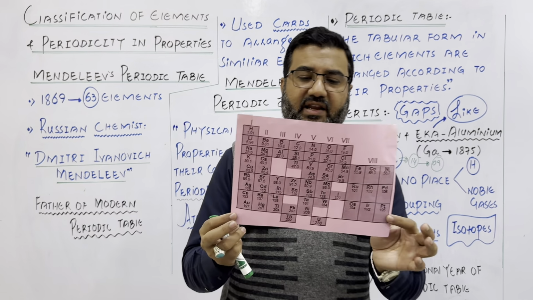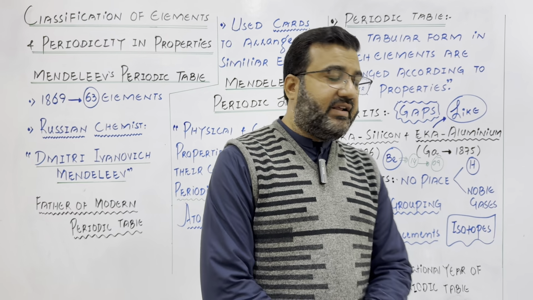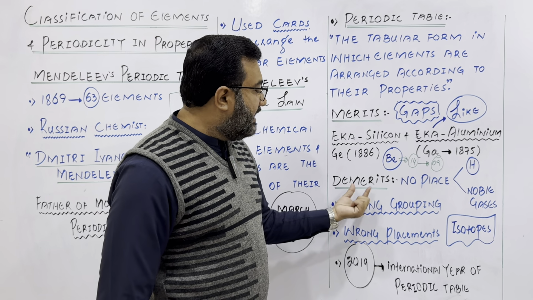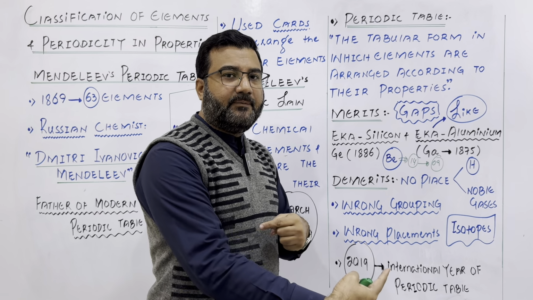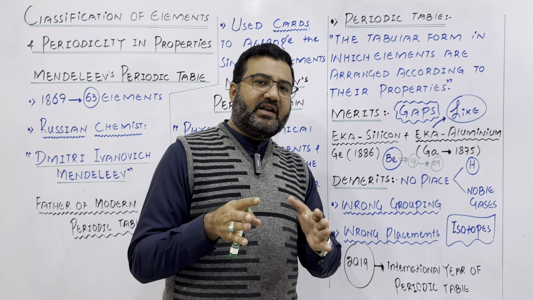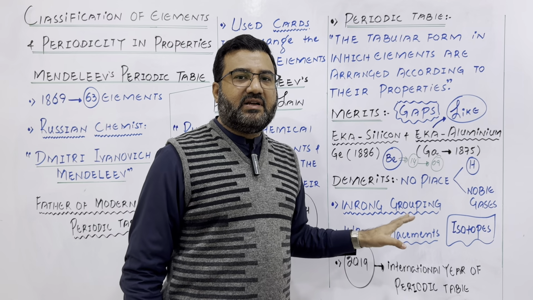But there was again no place for the isotopes in Mendeleev's periodic table. So these were some demerits of Mendeleev's periodic table, and these demerits will be improved and you will get the modern periodic table. So the modern periodic table is not an innovation, it is just an improved form of the